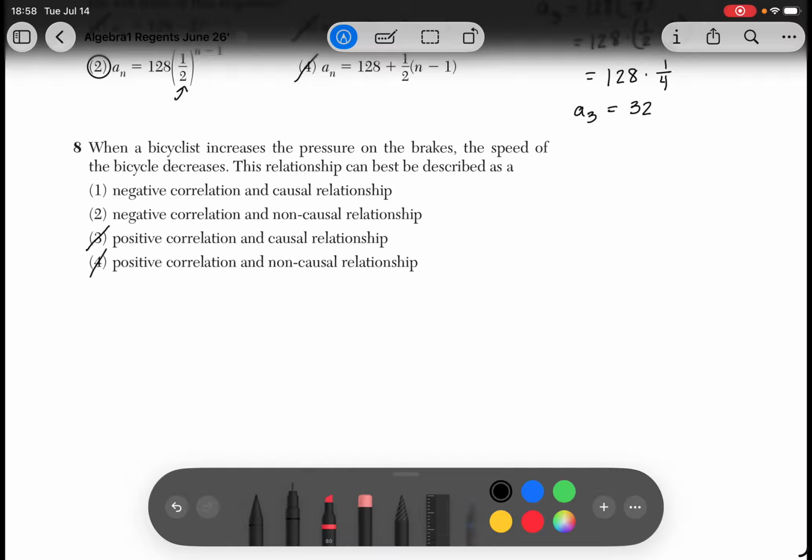Now, between a causal relationship and a non-causal relationship, a causal relationship is something that is directly caused by a change in one of the variables. So because of the fact that we decreased our speed by increasing that pressure, we know that we're going to have a causal relationship. Another example of a causal relationship